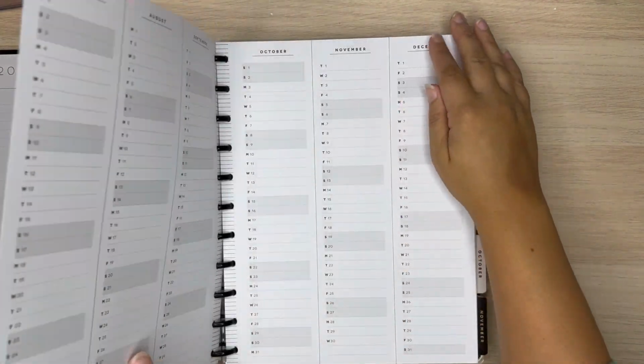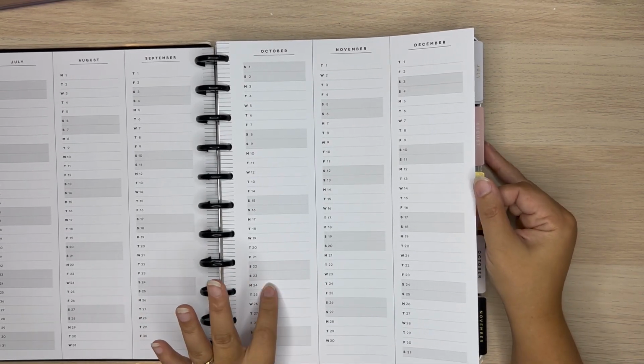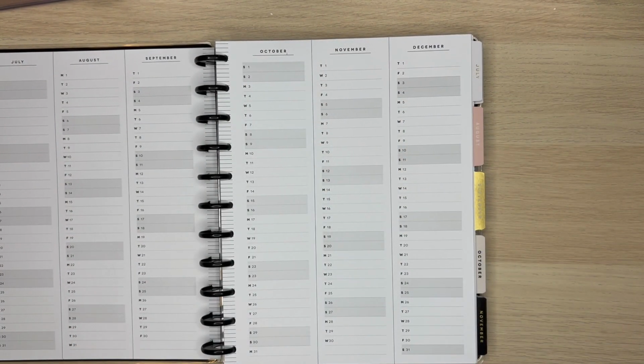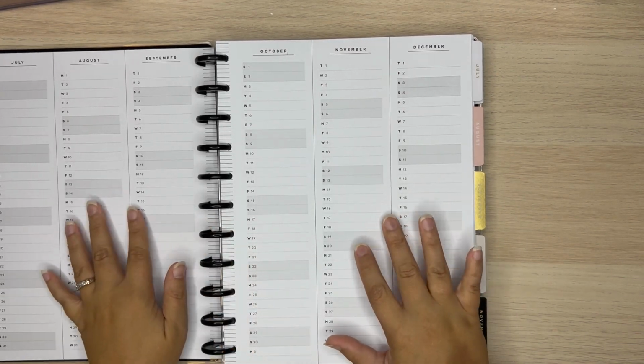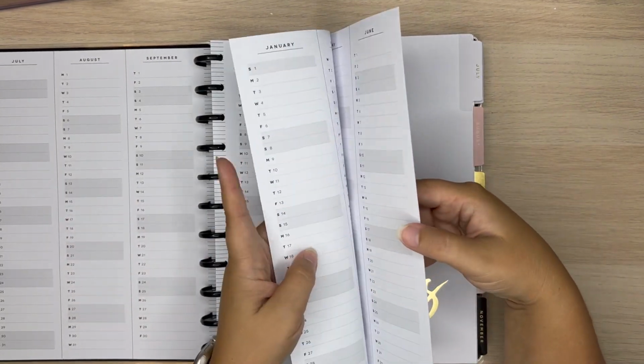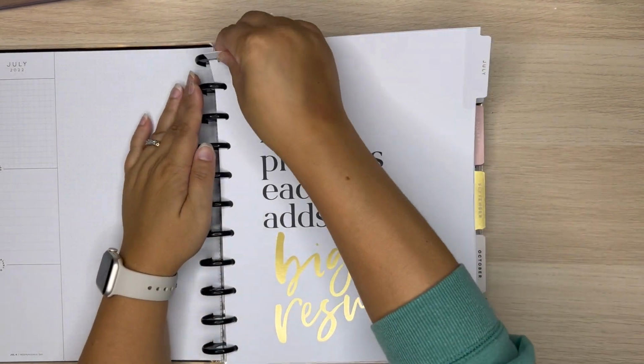All right, now we go into the year at a glance, or the perpetual calendar. The perpetual calendar on my old one has a lot of color to it, and then I end up putting these, which I don't really love, but I just kind of keep people's birthdays and any big school events in there. So I think I'm going to transfer all of it onto this one because I do really like this. So we're going to keep this, and then let's see, July we do not need,